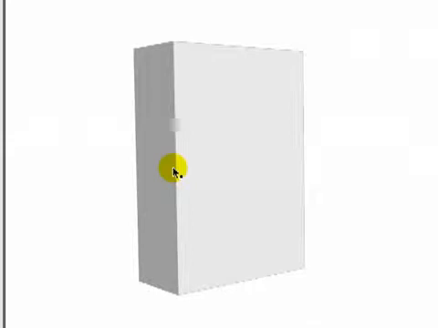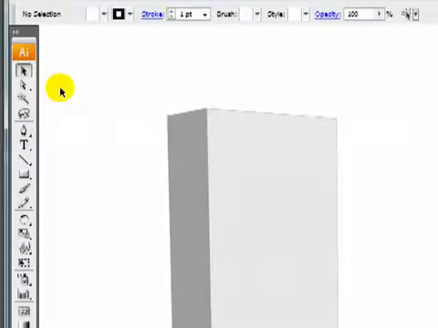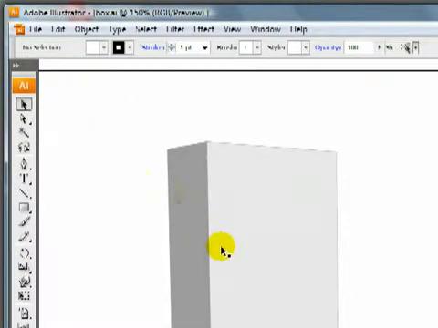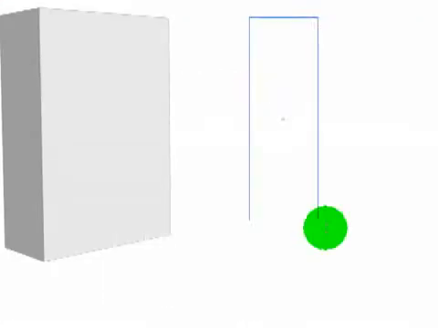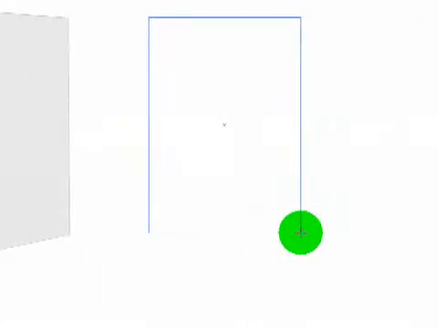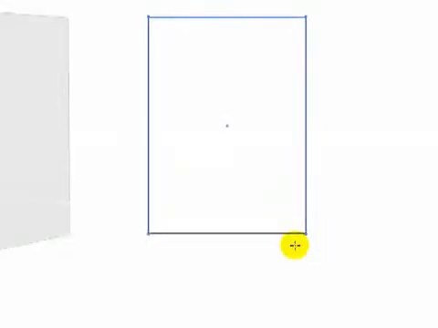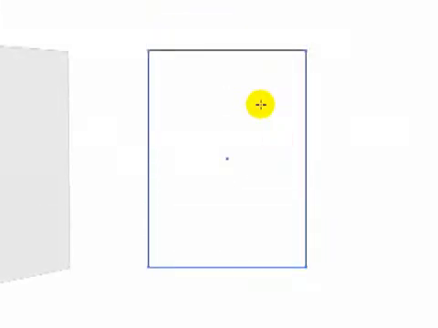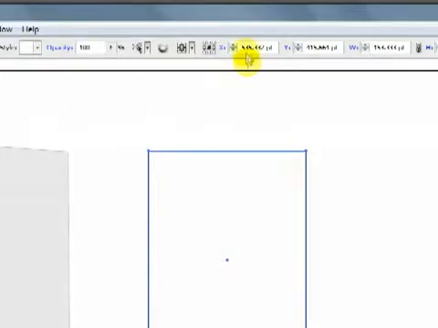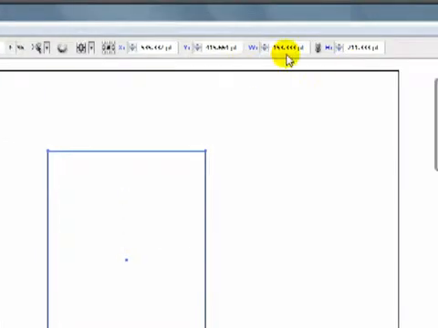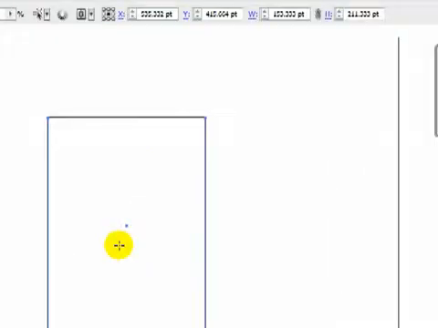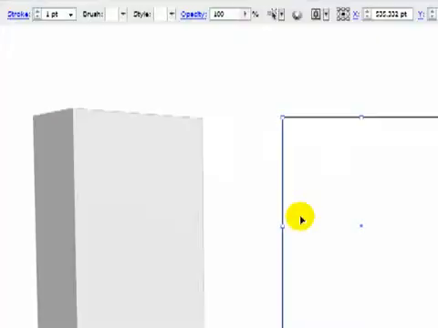So creating objects in Illustrator CS3 is really easy, and I'm going to show you how to do that step by step. So first thing is we're going to select from our tools the rectangle tool here, and all we're going to do is create a box about the size that we would like here. And so we've now created a box. You can see the dimensions up here. It's roughly 153 by 211. And then we're going to select this box,